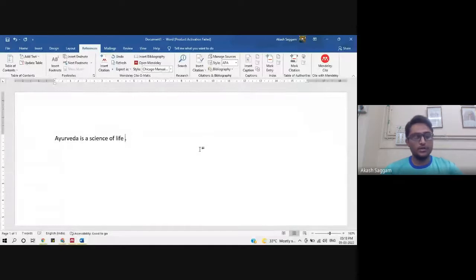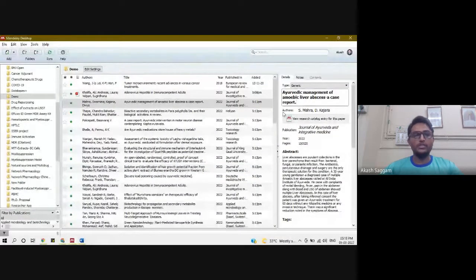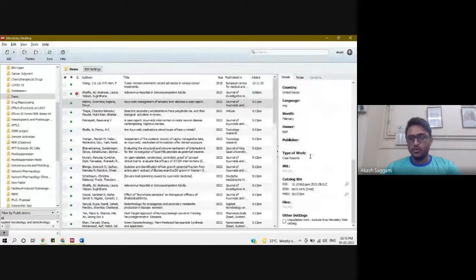So you can write in your own words, and I have written in my own words that Ayurveda is a science of life, and I learned this from this particular article which you have now imported into our particular library. So either you can use this title or you can go to PubMed ID. Every article which is indexed into PubMed, that is the search engine of research articles, has a unique PubMed ID. So I'm just copying that particular PubMed ID